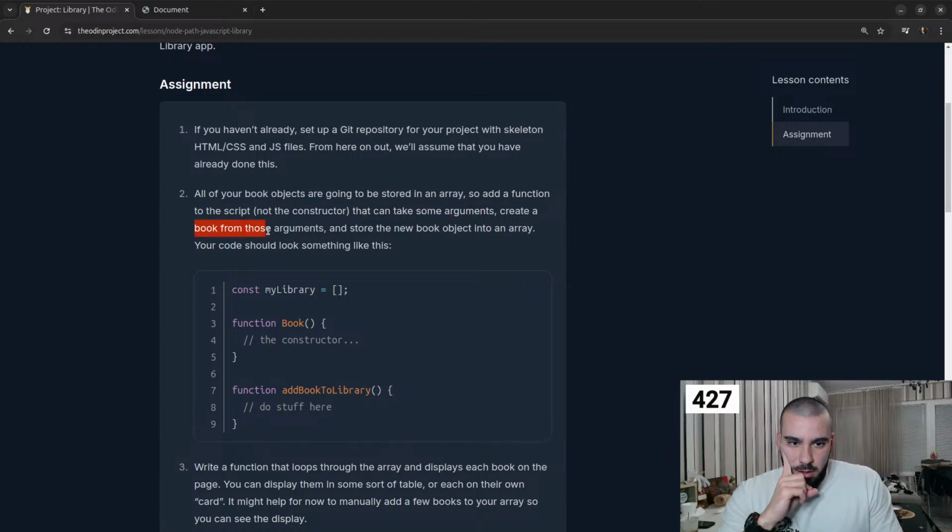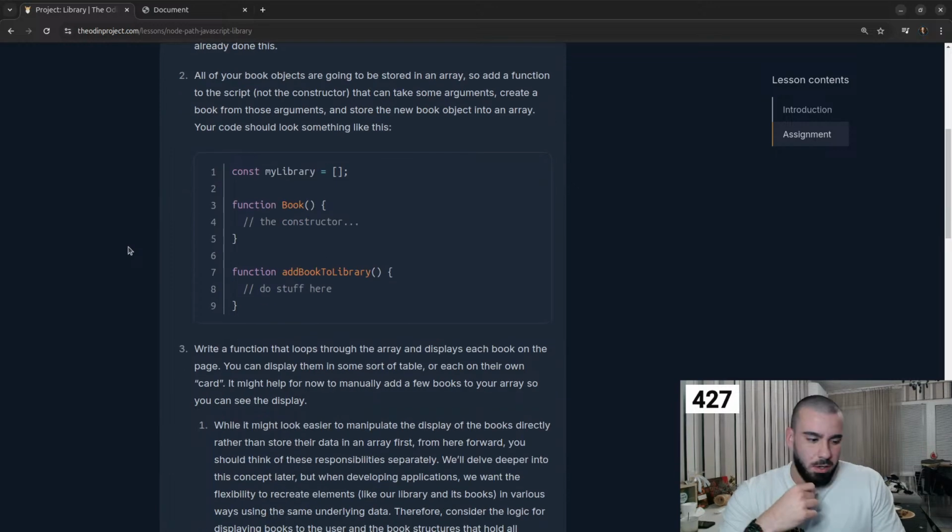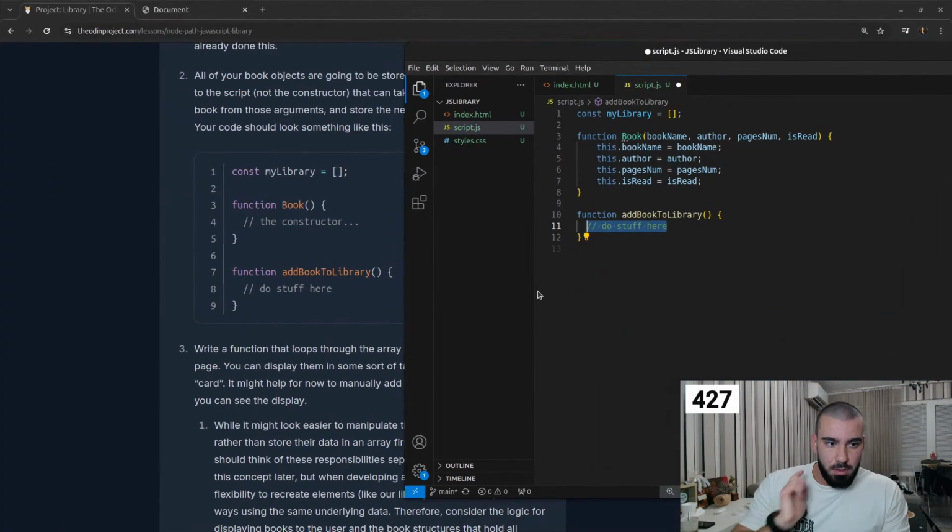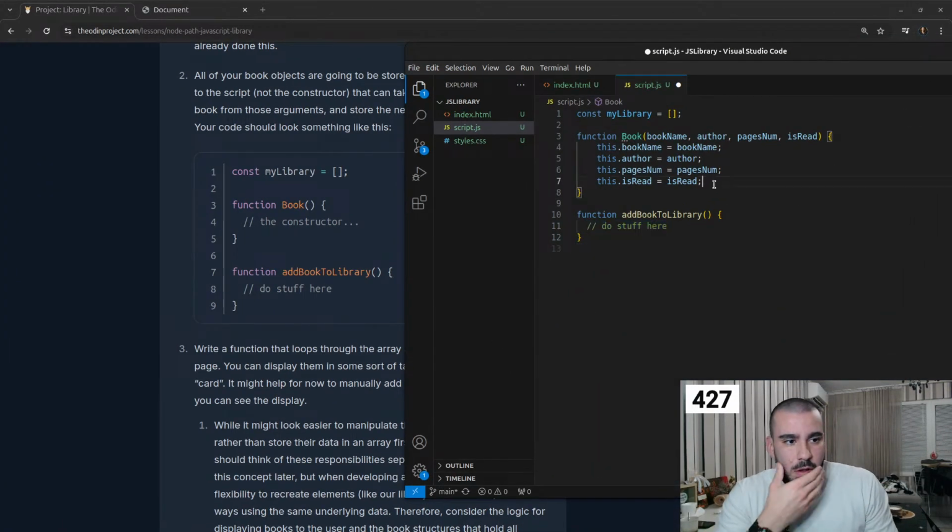Create a book from those arguments. That is strange, because they're saying add a function to the script, not the constructor, that can take in some arguments, create a book from these arguments, and store the new book object into an array. Your code should look something like this. It's a bit of strange wording, guys, I have to say, but